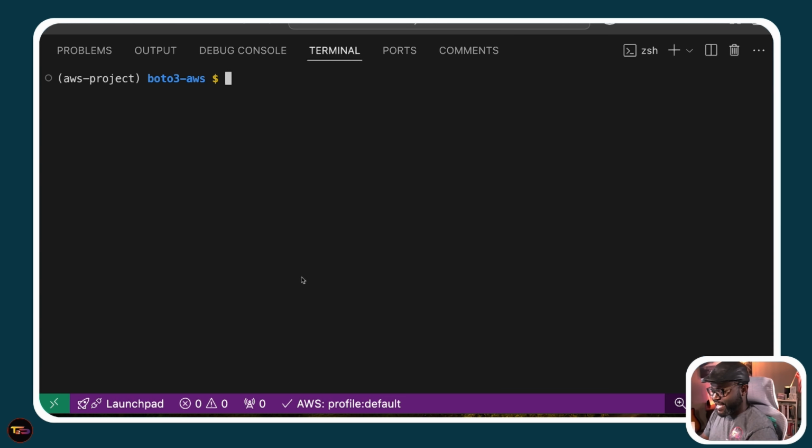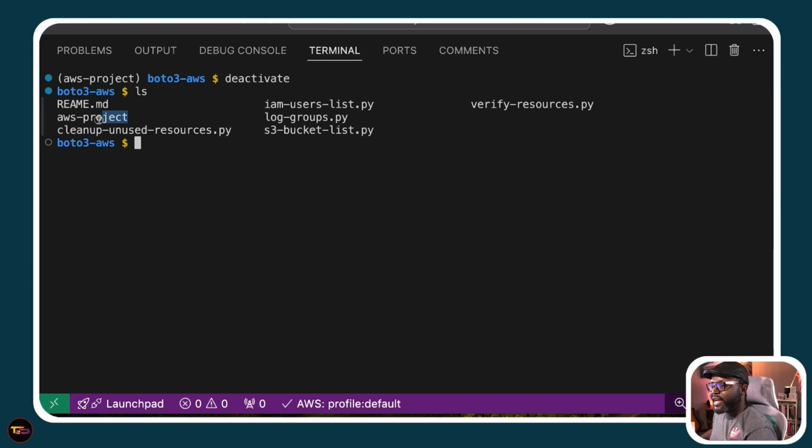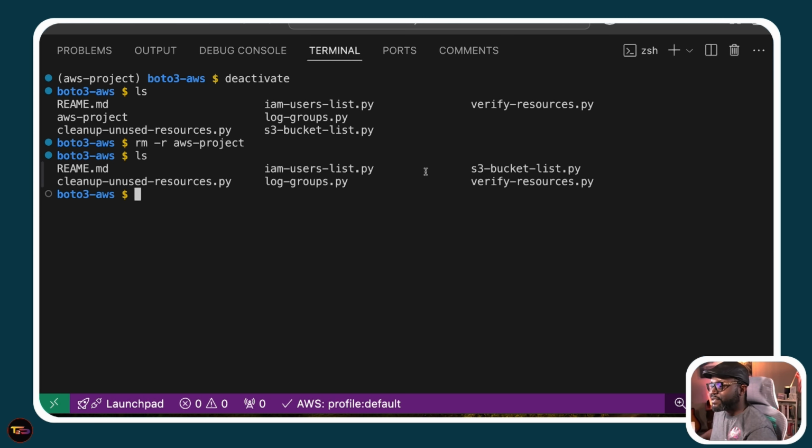And when you want to be done, you just say deactivate. That's what you do here. So you see, we've moved from our virtual environment back to where we were before. And you can now get rid of this. Usually that's just what I do. You can delete that because it's a directory, so I'll just use recursive. And you ls, so back to what we got from